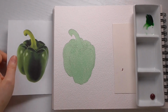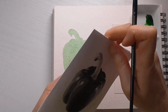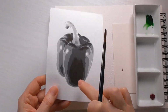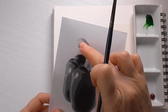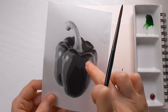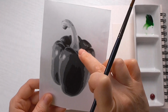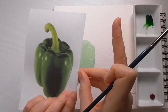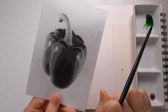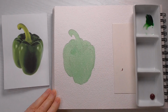Now this is the exciting bit. We're going to wet the whole pepper now, and we're going to drop in the darker green. You can see by a posterized grayscale just how dark that is. So the stalk is clear, is pale, so I'm not going to wet that, but I'm going to wet all the pepper shape, the pepper body, and we're going to drop in all this dark area in a darker tone of green. It's harder to see it when you're looking at colour, but it's easier to see it when you're looking at this grayscale. So let's wet the whole pepper now again